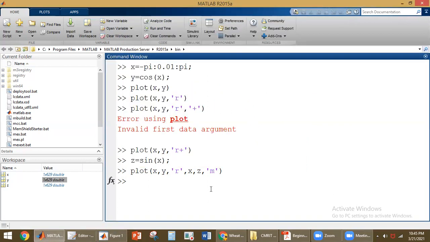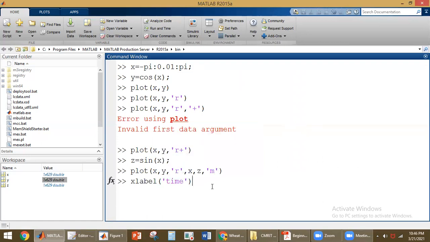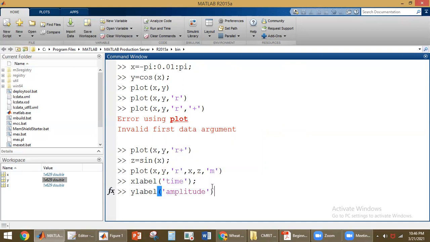Now, if you want to give an x label and y label, what is the keyword? To give the x label, the keyword is xlabel. Here you can write the name you want to give for the x label. Similarly, if you want to give a name for the y label, you can write it here with ylabel. For example, here I am representing it as amplitude.